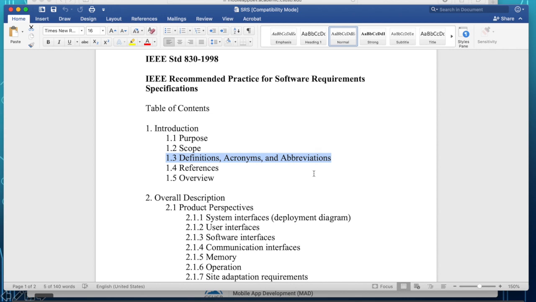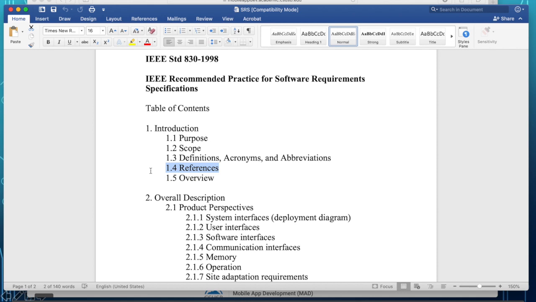And also for the client, they may have terms and definitions that you may not be familiar with, and so you want to define that here in this document. So both of you, the software engineer and the client, list all the definitions, acronyms, and abbreviations that are subject to misinterpretation.